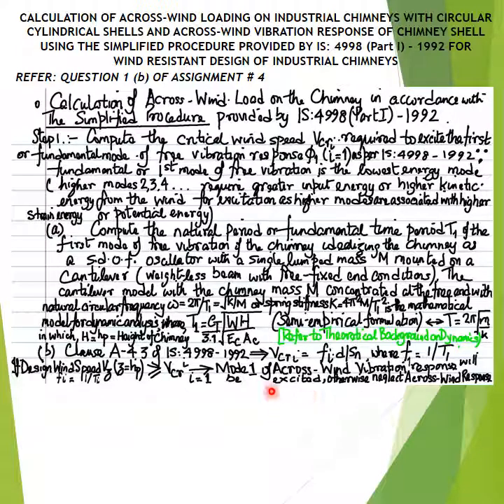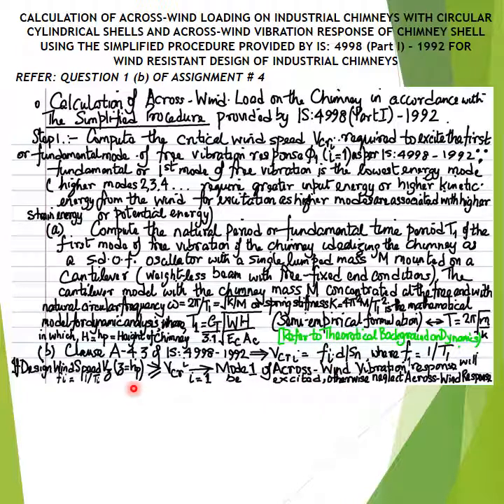and consequently crosswind loads or crosswind loading on the chimney structure need not be calculated, since the wind or airflow at the site of construction of the industrial chimney structure will not be able to mobilize or generate sufficient kinetic energy, due to the insufficient or inadequate design wind speed, to excite or activate the first mode of the crosswind vibration response of the industrial chimney structure,